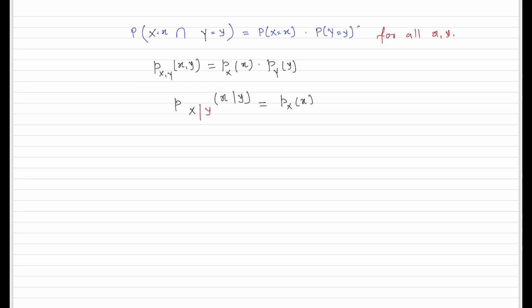We can have the symmetrical interpretation also. Let's say that under the condition that random variable x takes on any value, no matter what value it takes, the conditional PMF of random variable y given x will be equal to the unconditional PMF of random variable y.